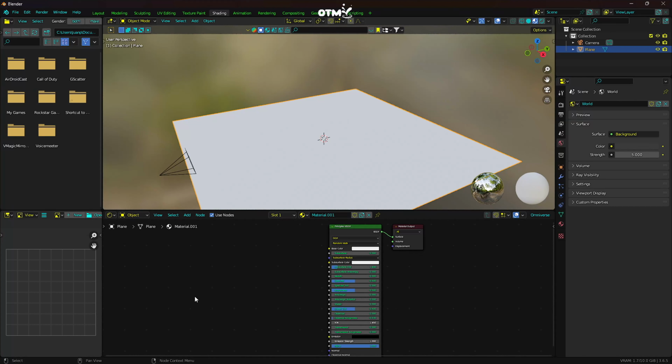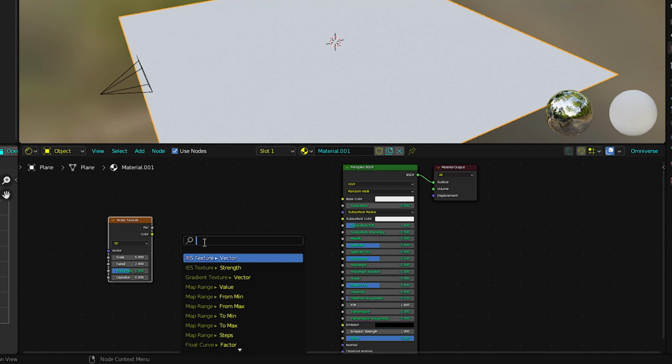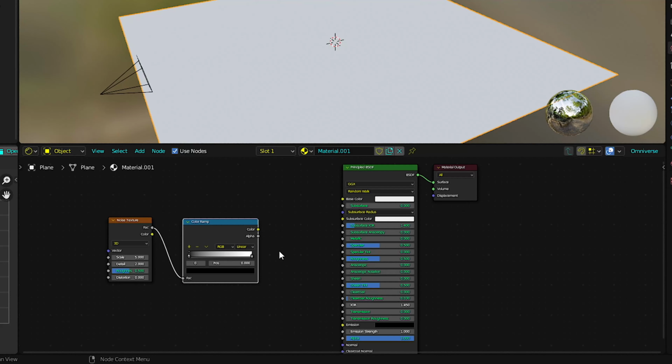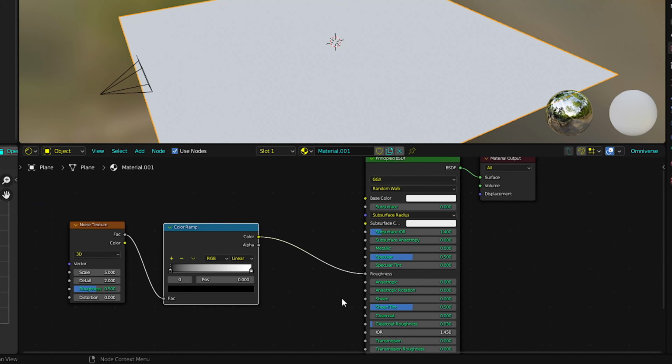So first off, we're going to start off with the noise texture. We're going to place this one right here. And then we're going to hold this. And even if you hold this one, you can add one manually. We're going to look up color ramp. This one. Okay. Now grab this little yellow one and connect this to the roughness. Okay. Once it's connected,